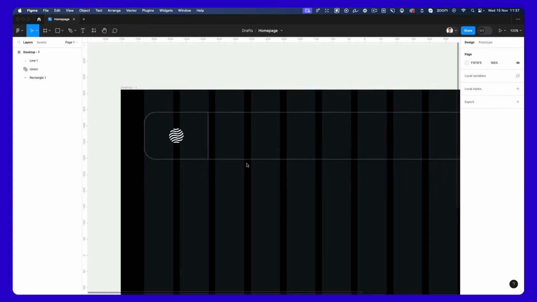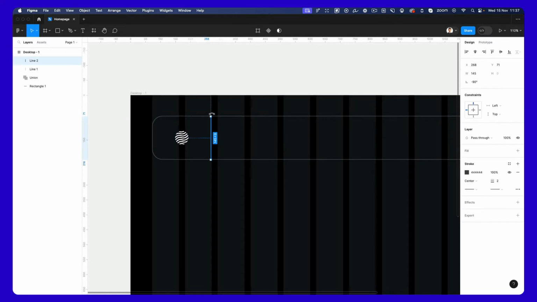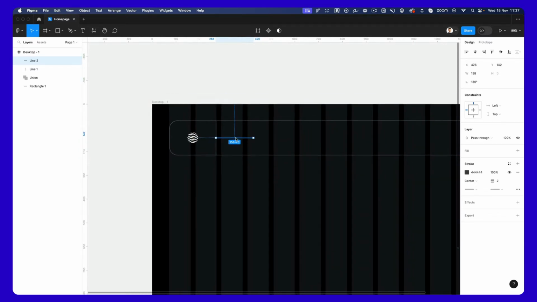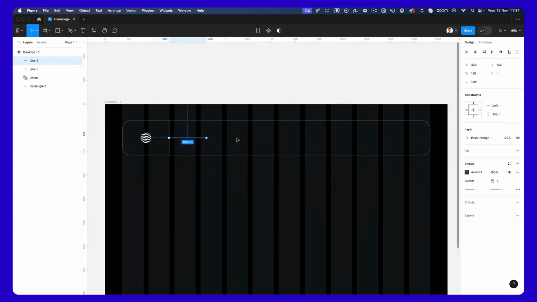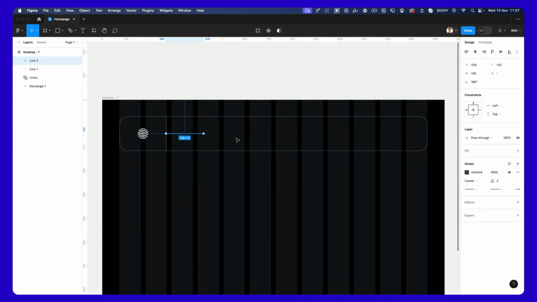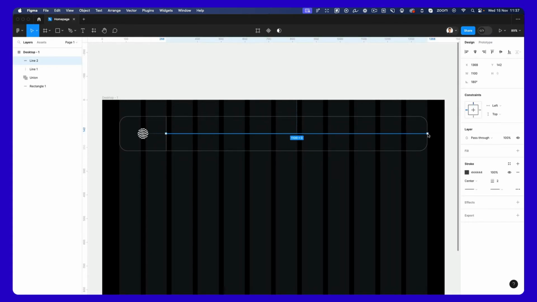Now we can also create this by using auto layout. I'm going to simply stick with the regular layout for the time being, but we actually have several tutorials where we're building web pages with auto layout. It's a bit of a controversial topic because although auto layout can be absolutely amazing in a lot of instances, in other ones it's actually more beneficial to just go with the regular layout, especially if clients who are not proficient with Figma most likely will need to do some tweaks to the design,